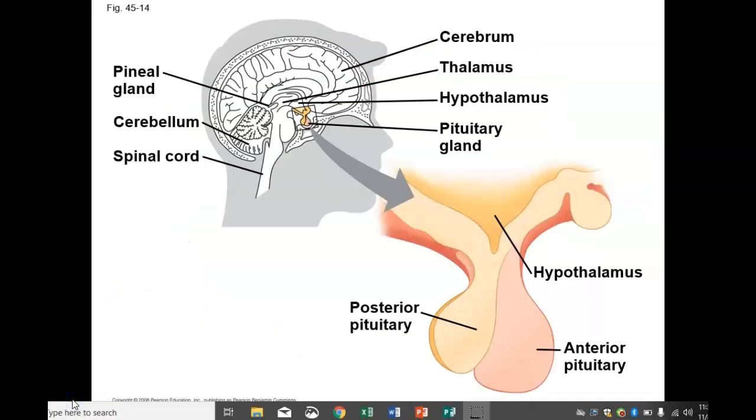I talked a little bit earlier about this old ancient part of your brain. So here's your brain stem, here's the cerebellum, and this is where you're going to find the thalamus and the hypothalamus, and then the pituitary gland. So all of these ancient glands are going to release chemicals into your body that are going to mediate or moderate very important processes for survival.